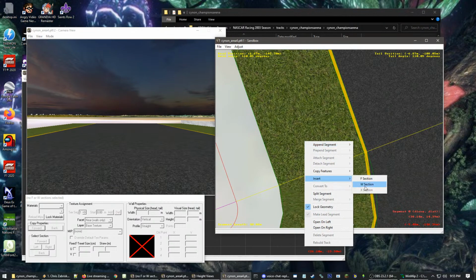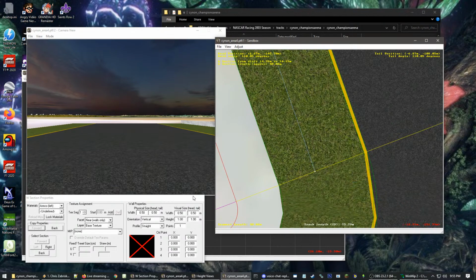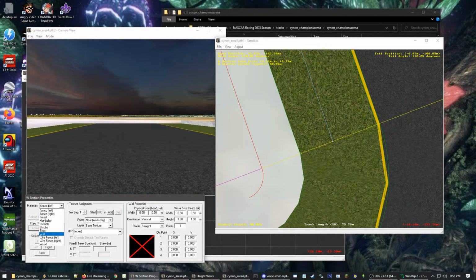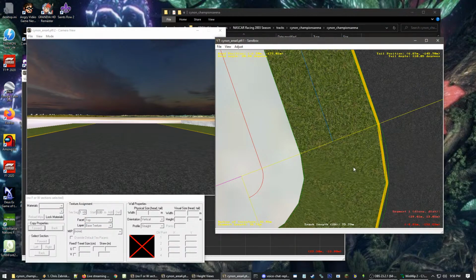The drag and drop part is track objects. The thing I hate the most about Sandbox is that a lot of it can get tedious kind of quickly, but the reason why I'm building this track this particular way is